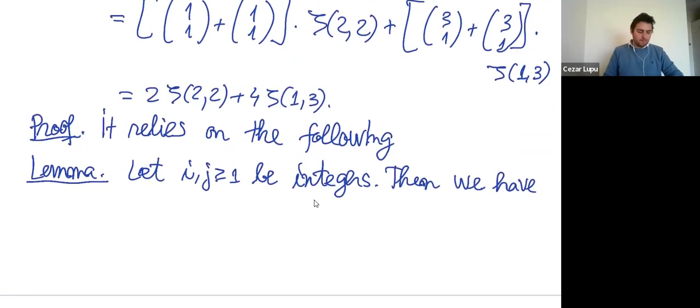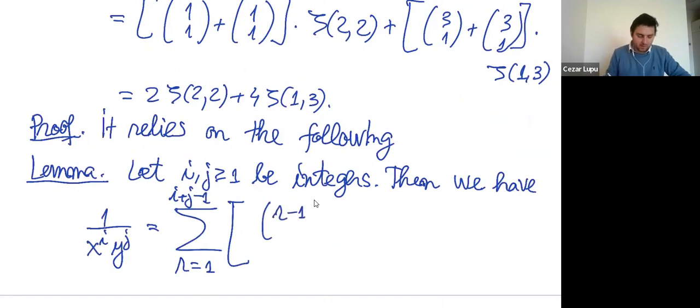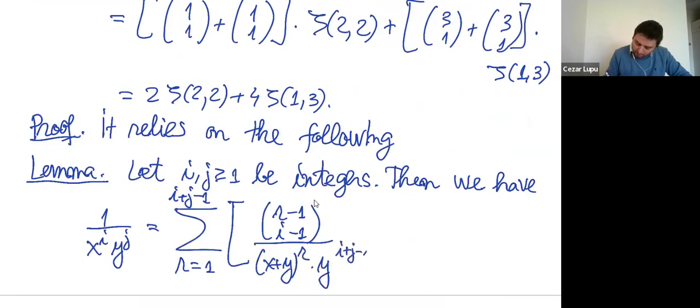So we have that 1 over x to the power i, y to the power j is the sum for r equals 1 to i plus j minus 1 of this thing here, r minus 1 choose i minus 1, times 1 over x plus y to the power r times y to the power i plus j minus r, and plus this